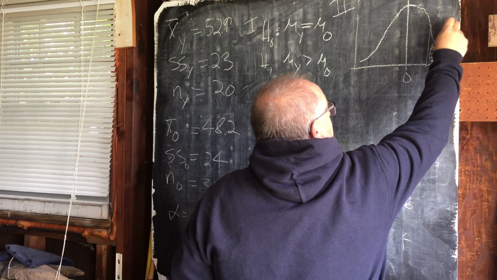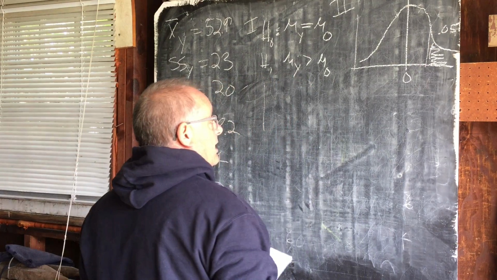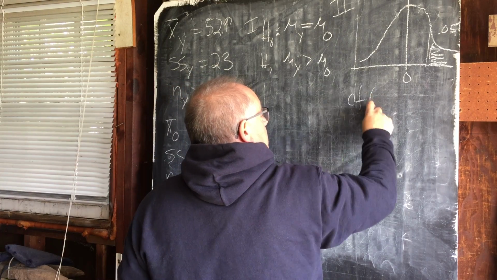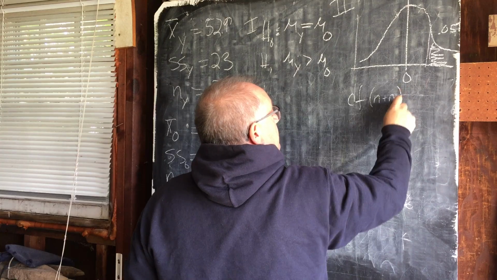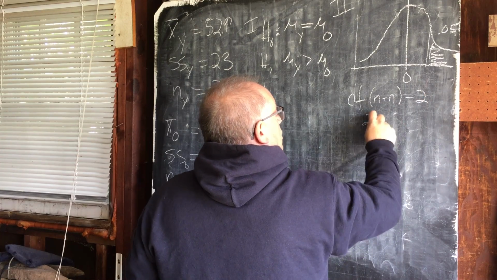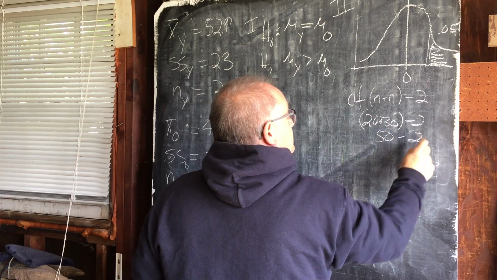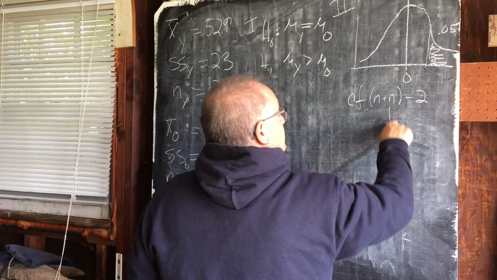I know it's going to be alpha 0.05 because the problem said use alpha 0.05. And then we need the degrees of freedom, which here is n plus n minus 2. 20 plus 30 minus 2 is 50 minus 2, which is